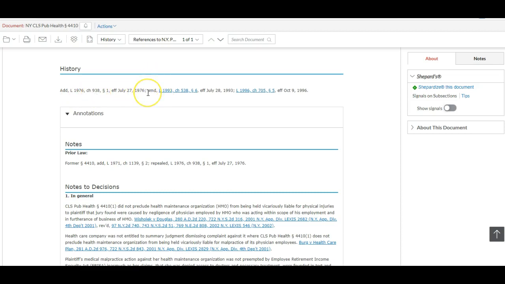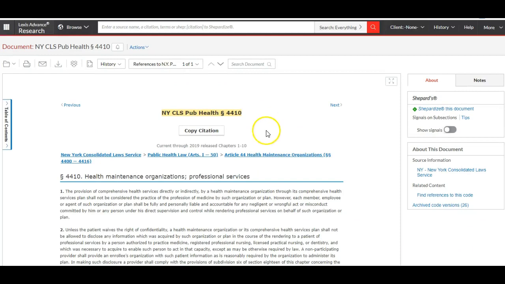There's our ever useful semicolon, so amended by in 1993, chapter 538, and once again amended in 1996 by chapter 705. So again, the difference between when section 4410 was last amended or changed and when Lexis last updated our entire code in 2019 through chapter 10 in New York. Okay, so that's how up-to-date the text is in our Lexis code, and we now know when 4410 was last